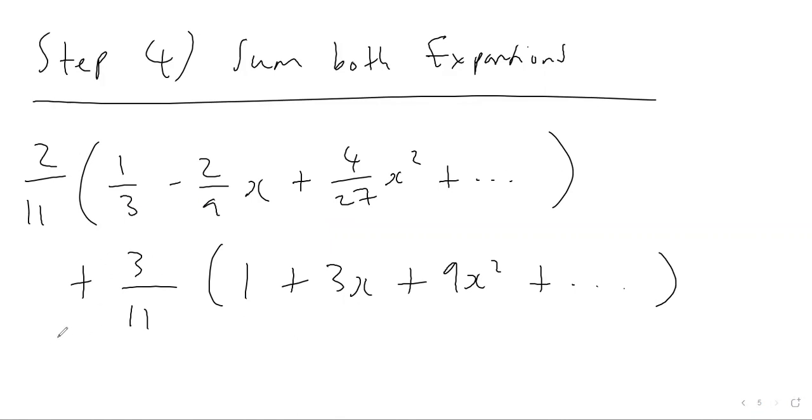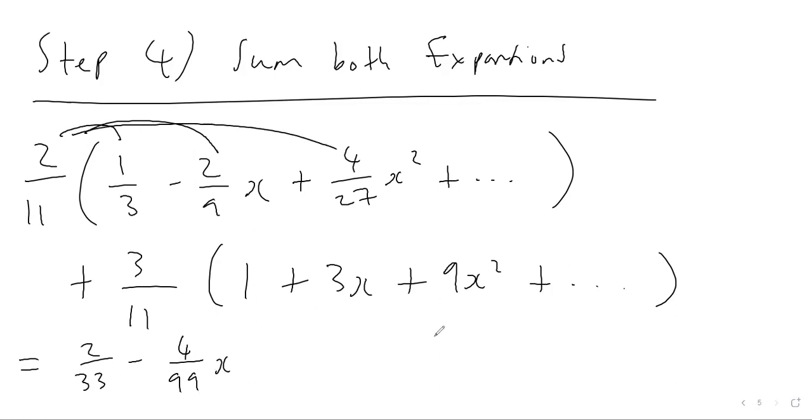Okay, so when we tidy this all up, with the first one, 2 over 11 times a third is going to be 2 over 33, minus 2 over 11 times this value there, so minus 4 over 99x, and then plus this value there. Can't do that in my head, I'll use a calculator. So we get plus 8 over 27 times 11, which is 297, lots of x squared, and then